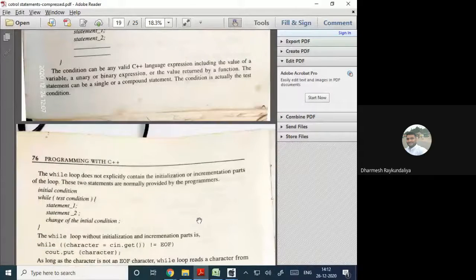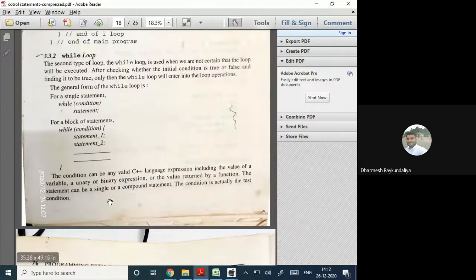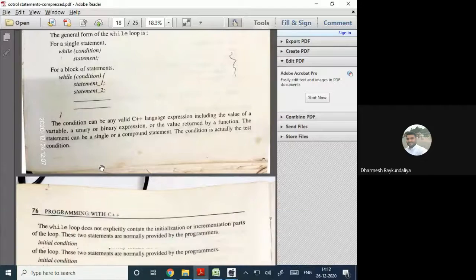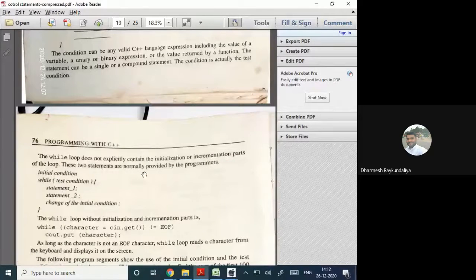But the ideal way of writing the while loop is, here you can see that there is no initial condition, there is no increment, and that is how we write the while loop. The syntax is initial value, test condition, then the group of statements is executed, and then you can go for a change of initial condition.